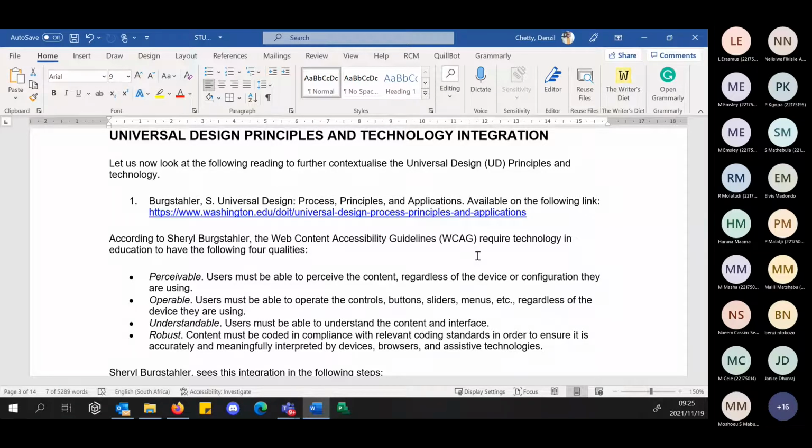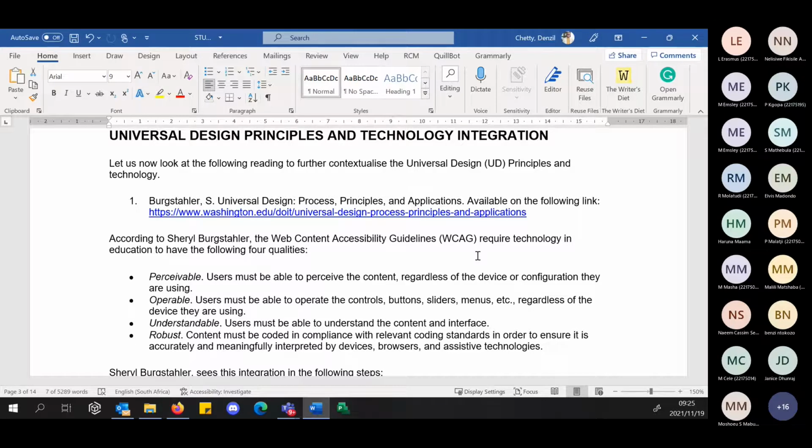Perceivable, first one. Users must be able to perceive the content regardless of the device or configuration they are using. It means that whether a student is using a mobile phone, a desktop, a laptop, or an iPad, the experience of perceiving the content must be applicable across all these devices.